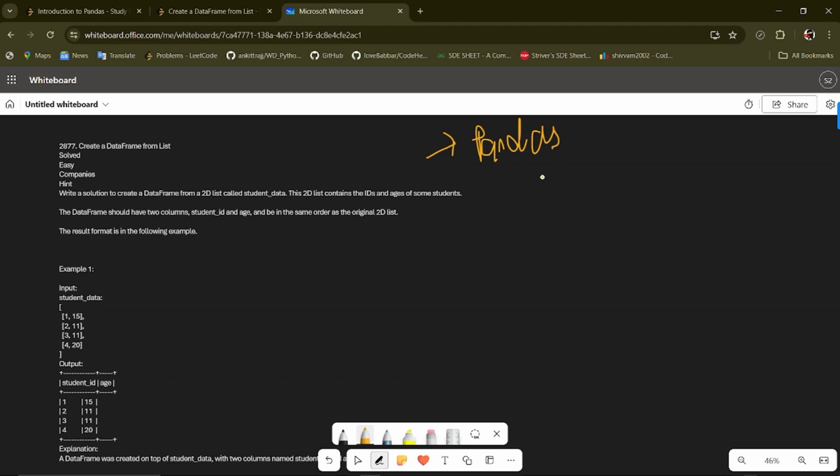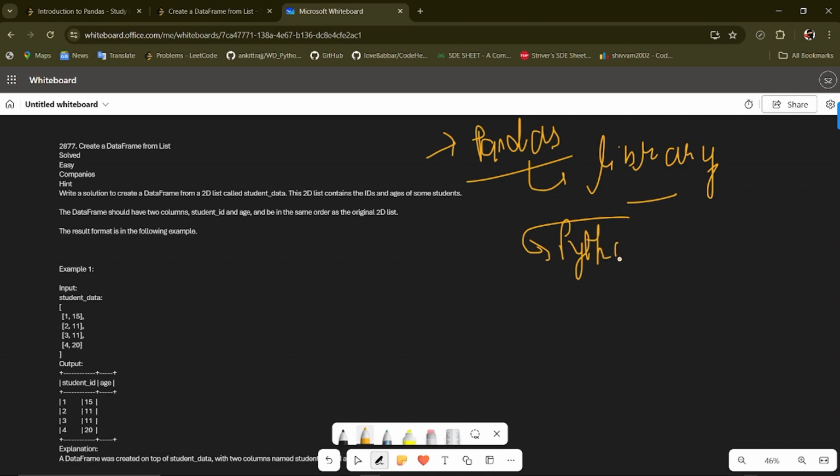Pandas is a powerhouse of a data manipulation library in Python.